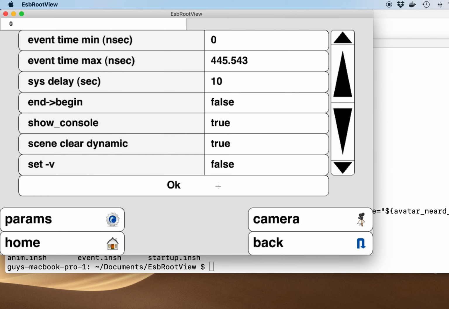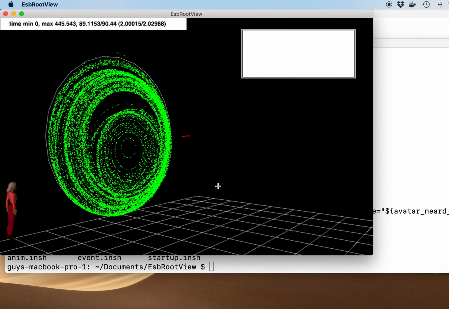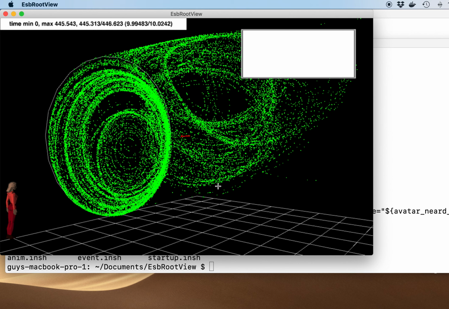If I click here, I see that boom, I have a first burst of things that happen. Very quickly, nothing happens, and after a while, I have another burst of hits that appears in the detector.